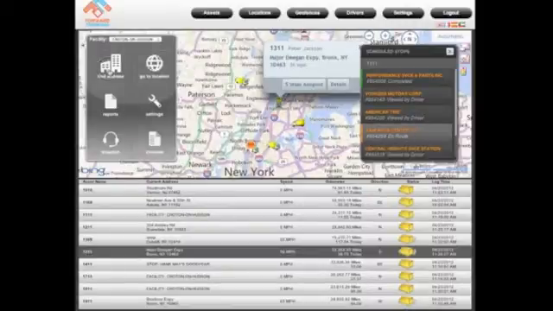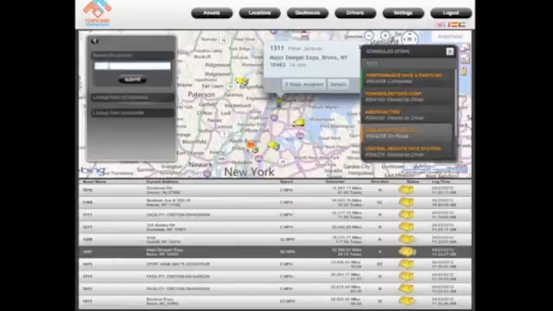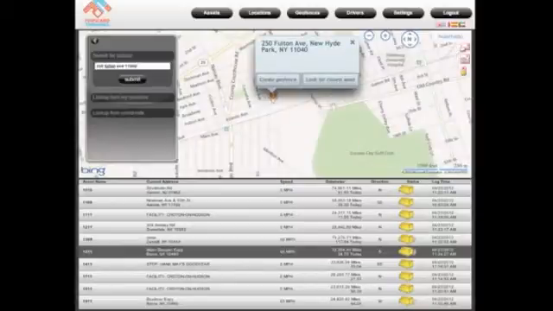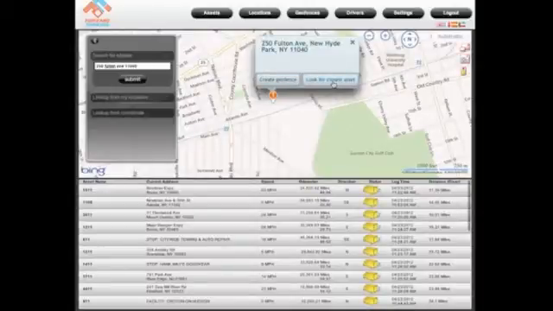I can click on Find Address if I want to find the closest vehicle to a given point, and I can just type in the street address. I don't have to type in the entire city and state. I click on Submit, and I can either create a geofence around that given asset, or I can look for the closest asset to this location. I'm going to click on Look on Closest Asset, and you'll see pretty much instantly it sorts them